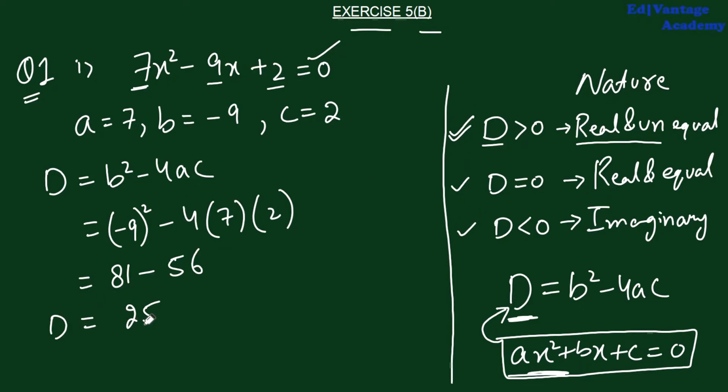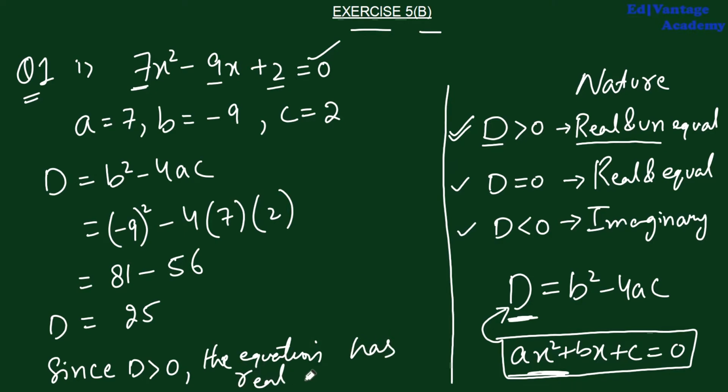And whenever D is greater than 0, what you will write is: since D is greater than 0, the equation has real and unequal roots. So means when you get two values of x, they will be real and unequal, like 3 and 2, minus 1 and 4, 5 and 6. If you get real and equal, means 4 and 4, or 10 and 10, like that. So going to the second part,